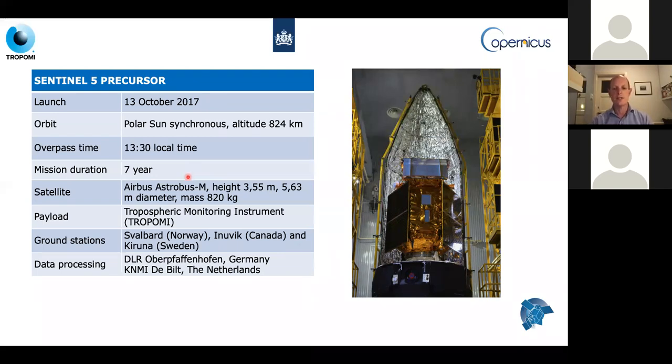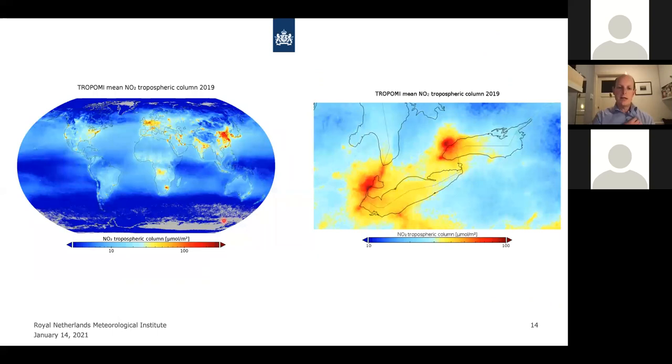The TROPOMI instrument was developed in the Netherlands together with ESA. And the mission, the Sentinel-5 Precursor mission, is part of the big Copernicus program in Europe, which consists of a whole range of satellites observing not only the atmosphere, but also land and ocean. The S5 Precursor carries only the TROPOMI instrument. This is really targeting the atmospheric composition. In the abstract that I put together for this talk today, I put in these two images, and I put them here again as teasers to show what can be done with an instrument like this in terms of mapping the global composition. But before going into this, I would like to talk some more about the